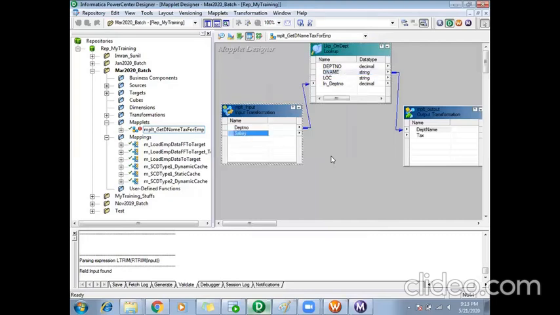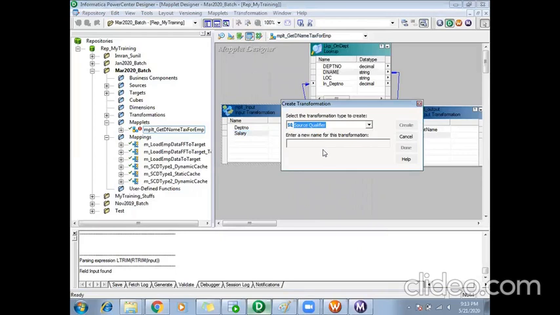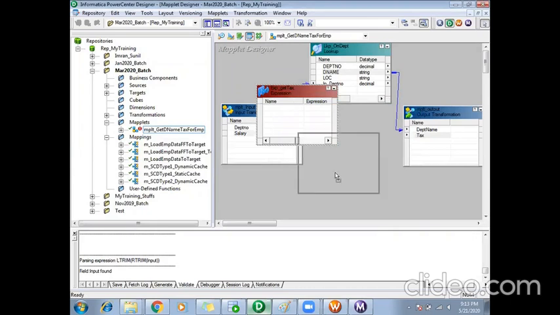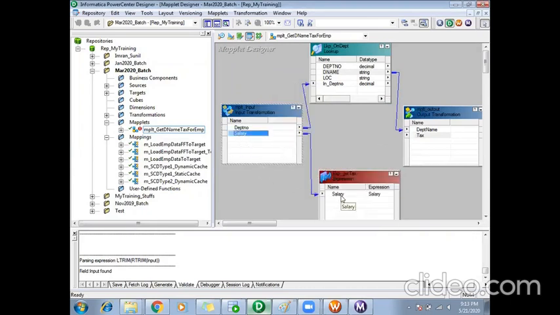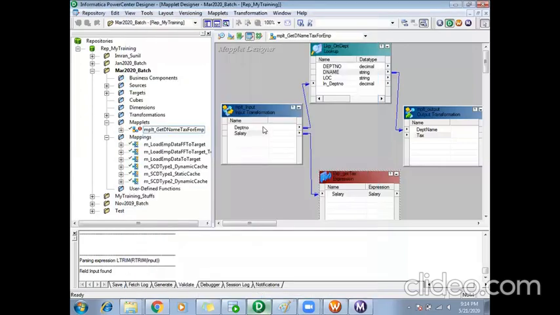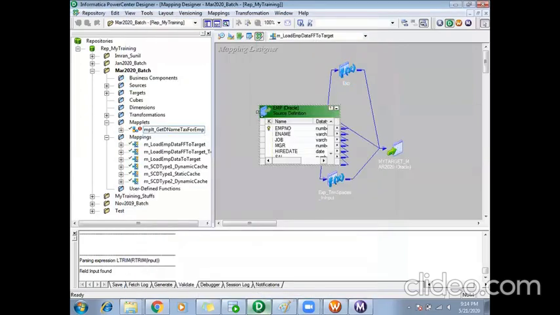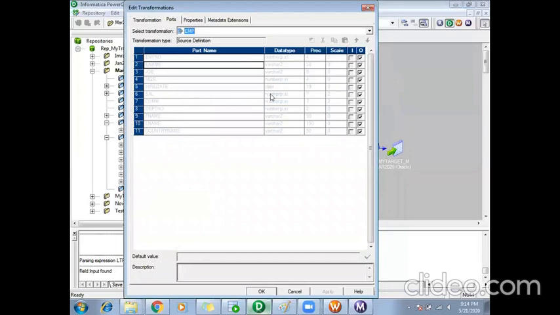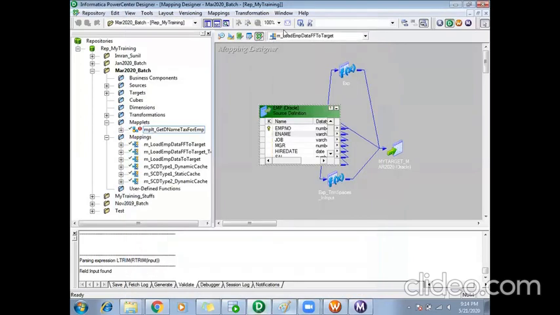I need to get the tax based on the employee salary. Which transformation can I use for that? I can use an expression transformation. I'll name it get tax, done. I'll take the salary port here as my input. Here I'll create one more. If I go to my employee table, salary is decimal 7,2.